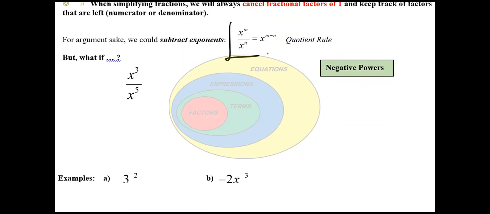And actually, this is what we would see in our textbook of how to approach factors in a fraction or fractional factors. So it's called the quotient rule. We called it the same thing, but we think of it as canceling and then keeping track of factors that are left. So if we take this to a different level, and look at the next